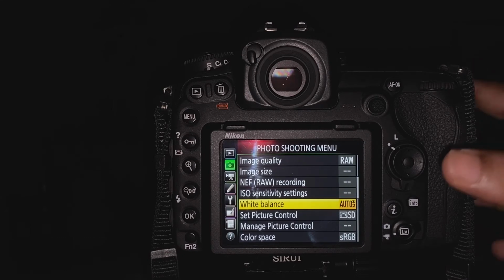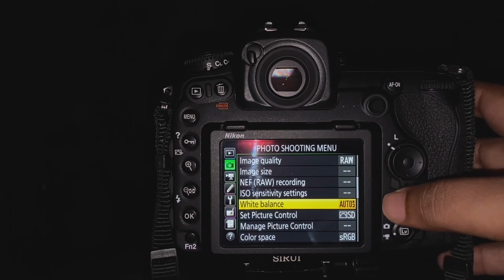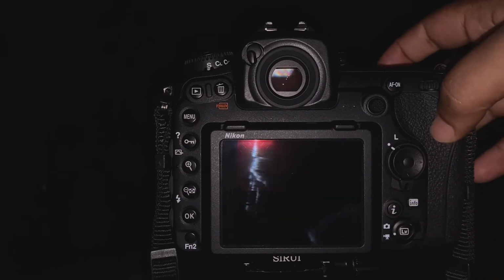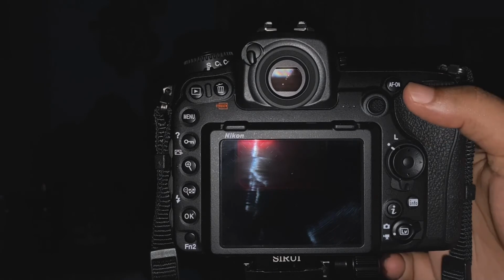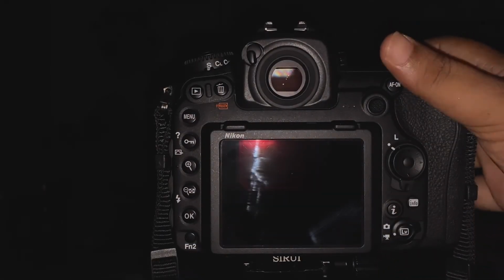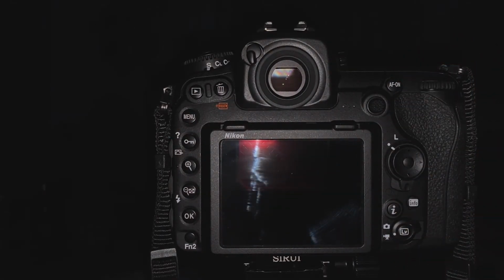Here is the memory card access lamp. This blinks when the memory card is being read, so if you want to preview any picture, then the memory card will blink, you can see that. So when the memory card is in access, this will blink, and remember, do not remove the memory card when the lamp is on. Below that there is an info button.